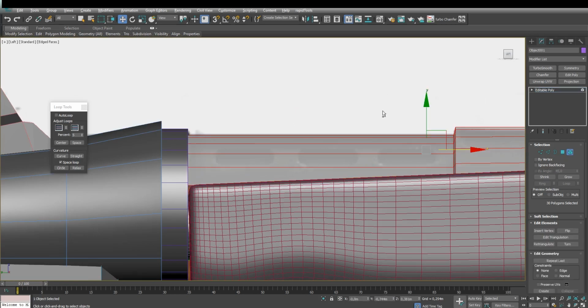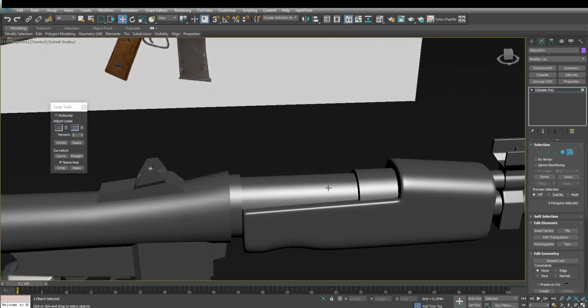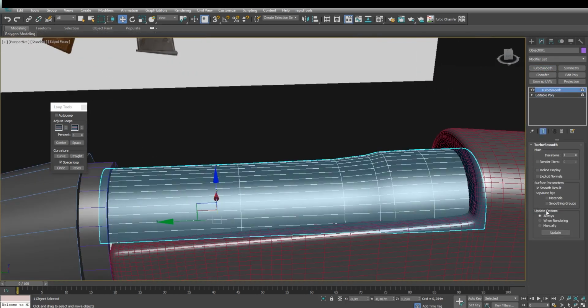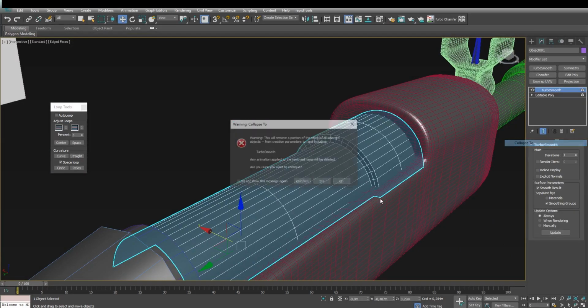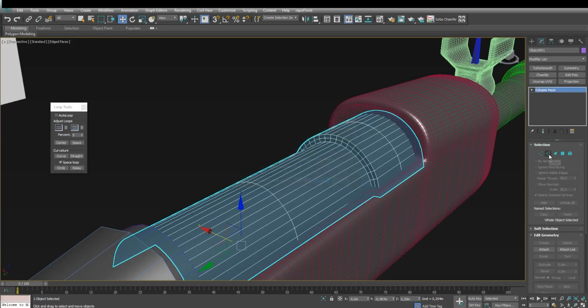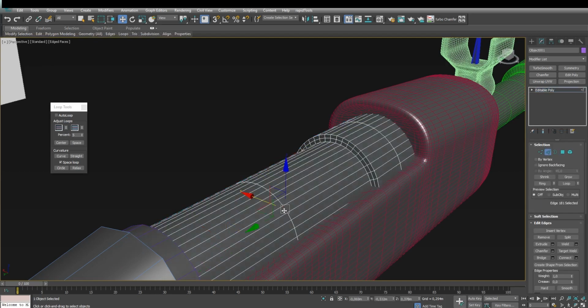What I will do is I will actually hit smooth 30. I will hit turbo smooth and enable the smoothing groups tick box, and then just collapse it. And after that I will just delete some unnecessary loops here,